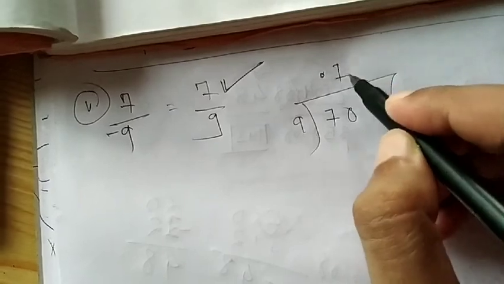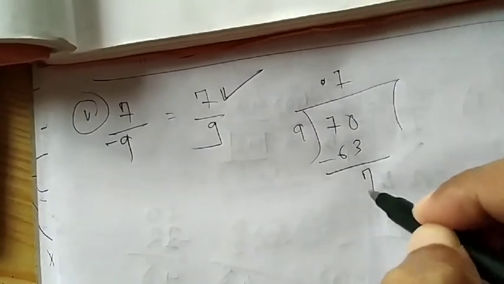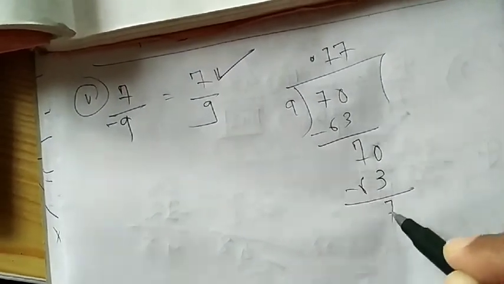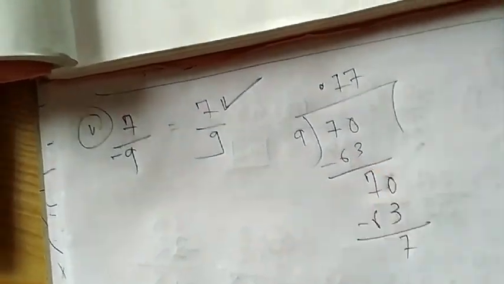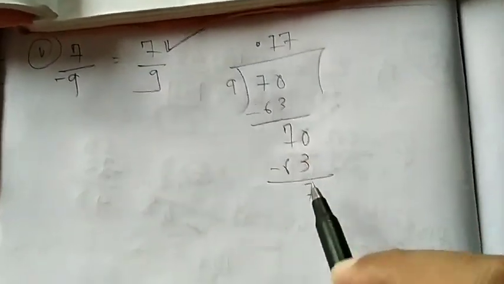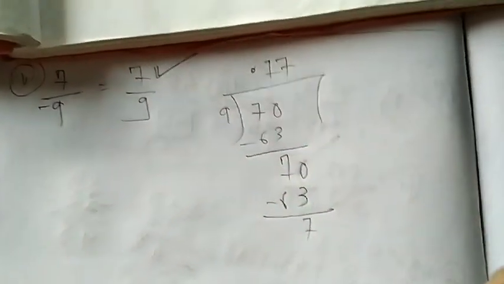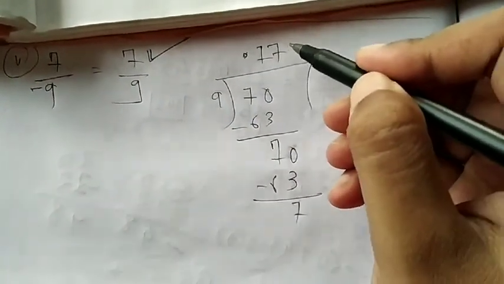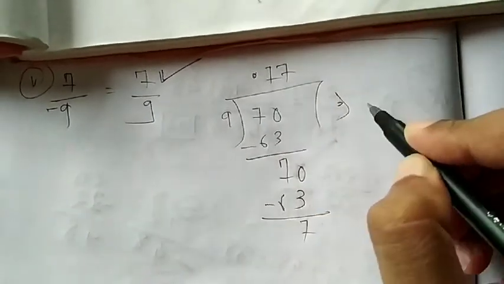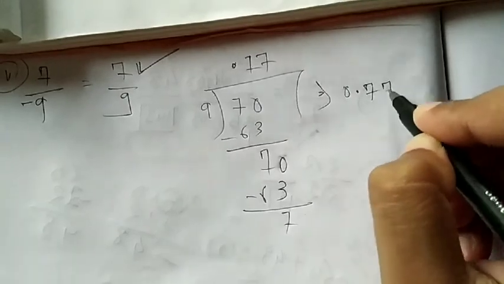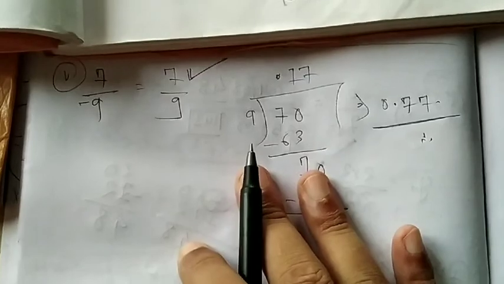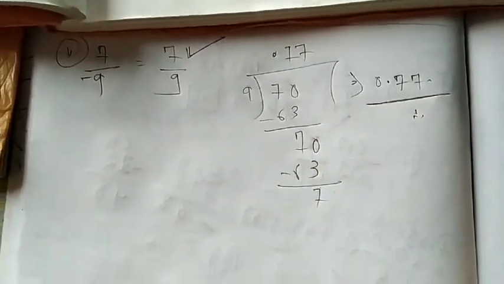9 7s are 63. Again 7, take in a point. This will go on. When there is a rule in division and you see a certain process will go on and on, you know, after this one more 7 will come here. So instead of writing 0.777 an infinite number of times, you can end it at 0.77. This is the answer of this. If you do it in a calculator, you will get 0.777 something.